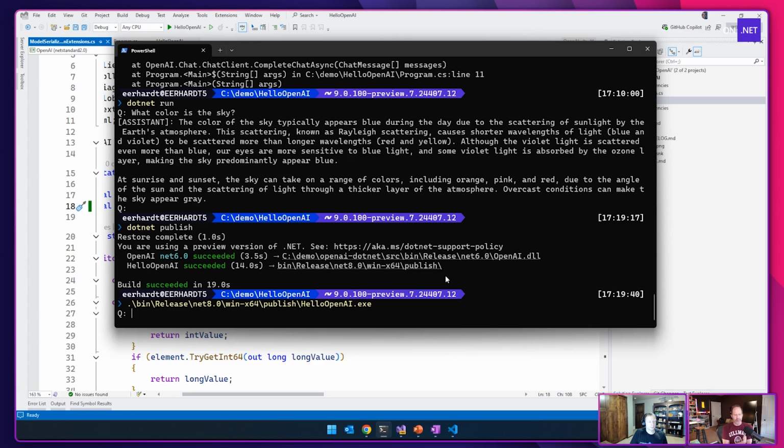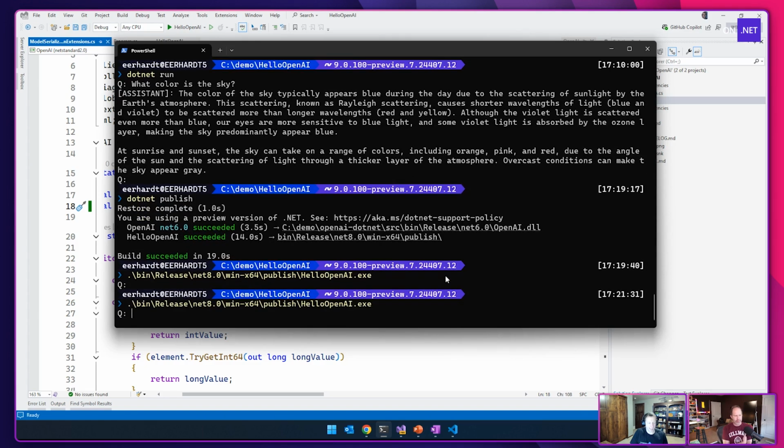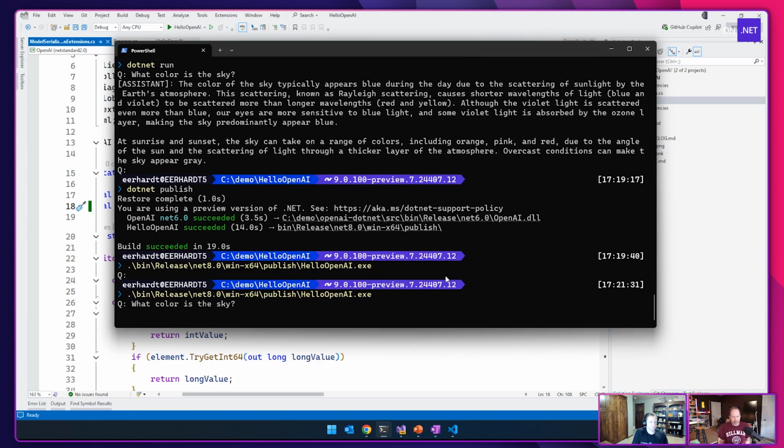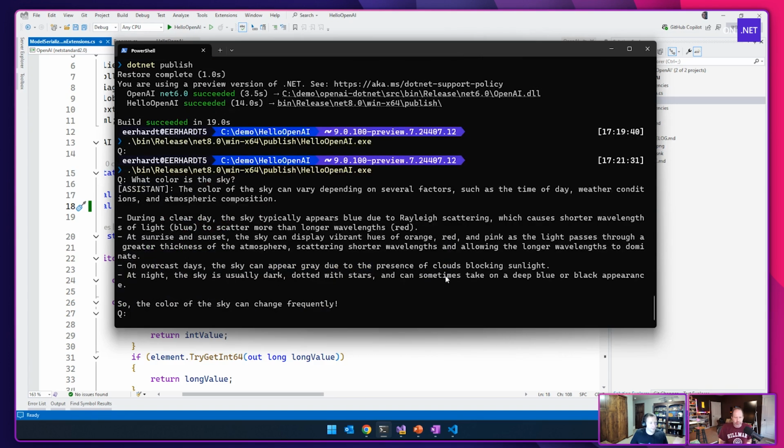And so same kind of thing. There's just this little delay on that very first run because of the virus scanner. But now I get the question. I can say, what color is the sky? And it kicks off and I'm glad it's reliable. So often it could be like, oh, who knows what the AI is going to give you, a different answer for what color the sky is every time you ask.